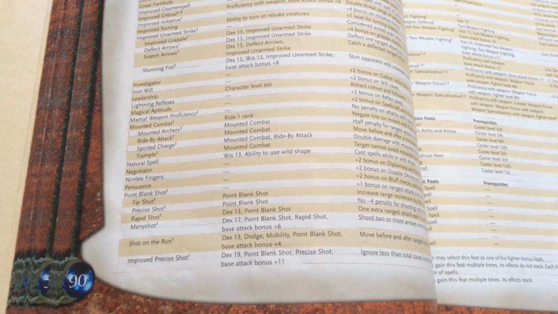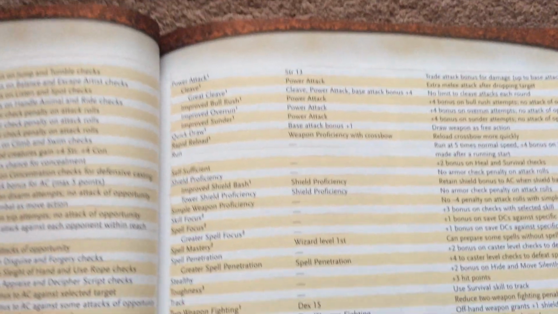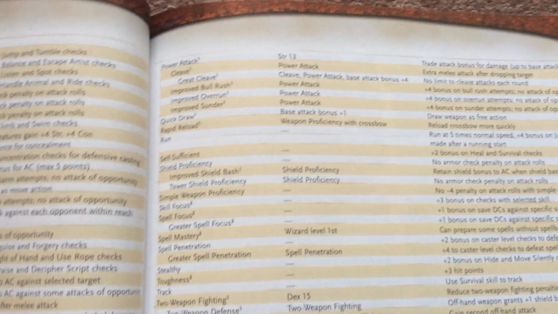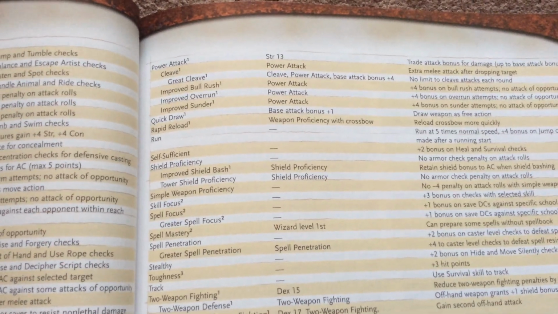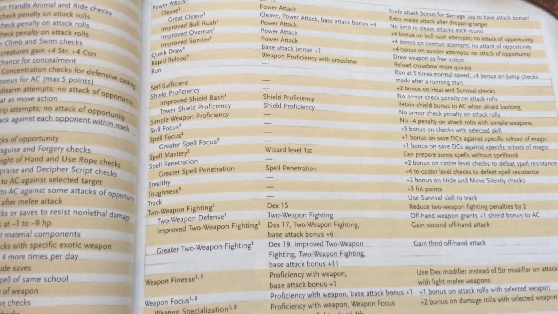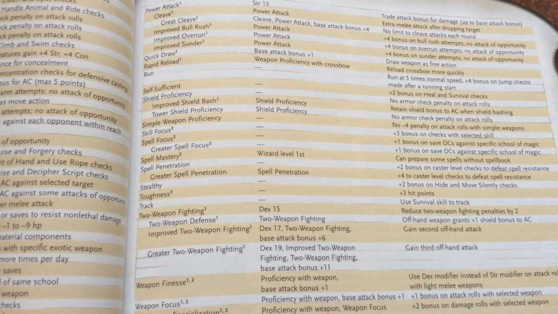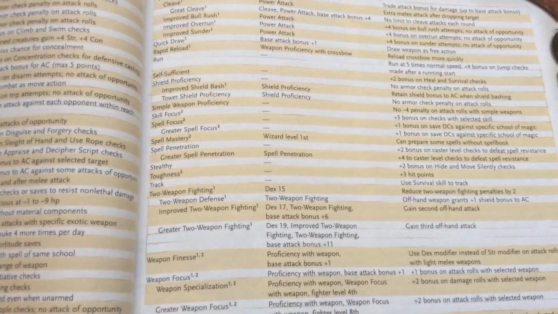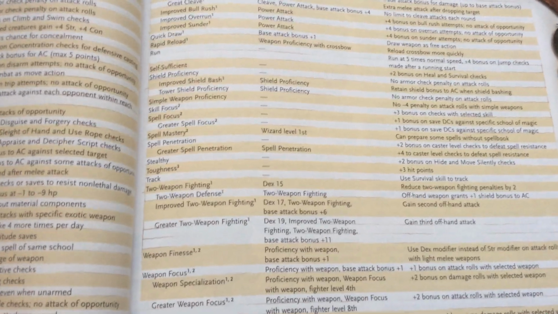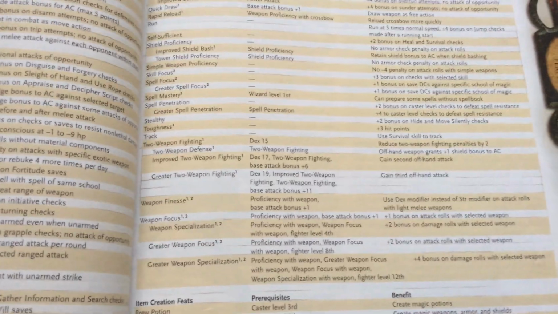negotiator, nimble fingers, persuasive, point-blank shot, far shot, precise shot, rapid shot, manyshot, shot on the run, improved precise shot, power attack, cleave, great cleave, improved bull rush, improved overrun, improved sunder, quick draw, rapid reload, run, self-sufficiency, shield proficiency, improved shield bash, tower shield proficiency, simple weapon proficiency, skill focus, spell focus, greater spell focus, spell mastery, spell penetration,